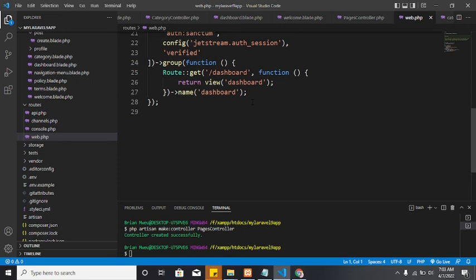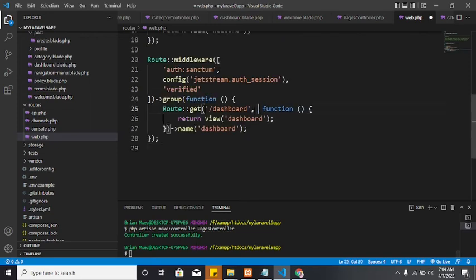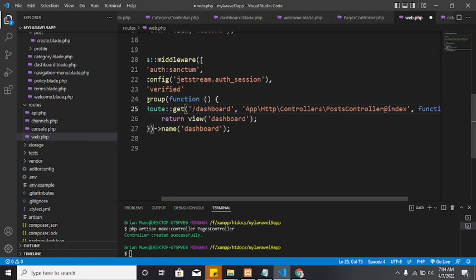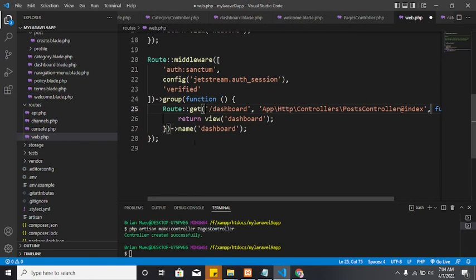That is within the dashboard, not the post, sorry, within the dashboard. So this is what I want us to do. Within here, I want you to update it this way, and then I'll explain. Now why are we updating this way? Here we are saying get the URL app http controllers post controller at index. So now whenever this route goes to the dashboard,